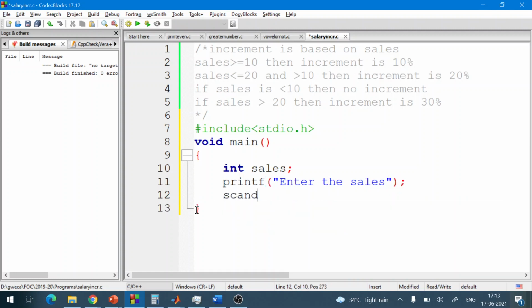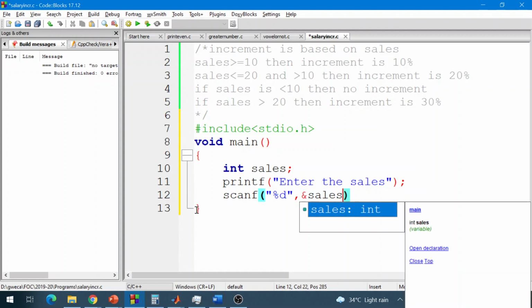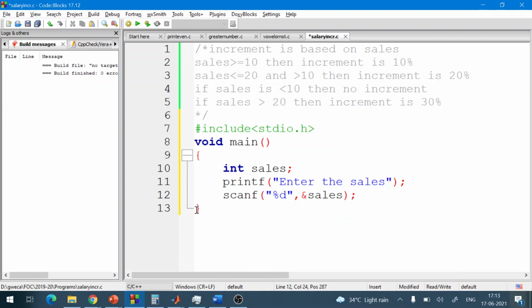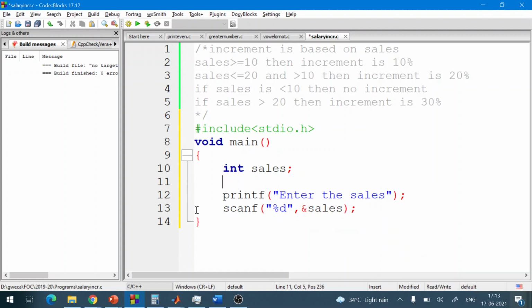We will scanf it in %d and &sales. So we take input in the sales. Then we have increment, this is also integer increment.